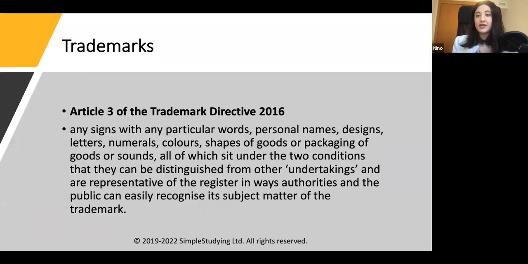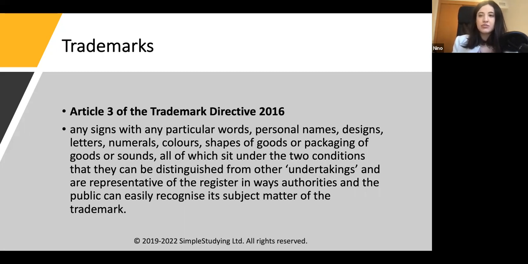We'll start with what is a sign, the definition of a sign that can be subject to trademark. Article 3 of the Trademark Directive 2016: any signs, with any particular words, personal names, designs, letters, numerals, colors, shapes of goods, or packaging of goods or sounds, all of which sit under the two conditions that they can be distinguished from other undertakings and are representative of the register in ways authorities and public can easily recognize its subject matter of the trademark. As you can see, a sign can be anything that is listed here: words, names, designs,